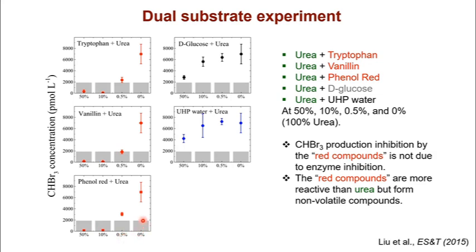So in the last bar here, 0%, which means entirely urea, of course, the production becomes normal, as you would expect from urea. And then the D-glucose and ultra high purity water incubations show just a simple dilution of urea, confirming D-glucose indeed did nothing, and it's similar to when it was mixed with